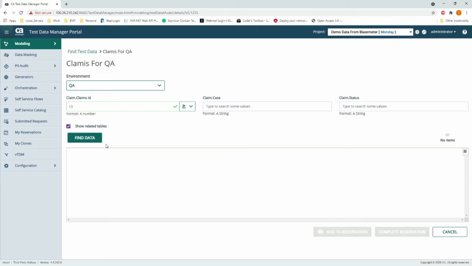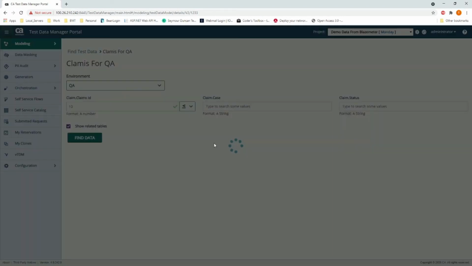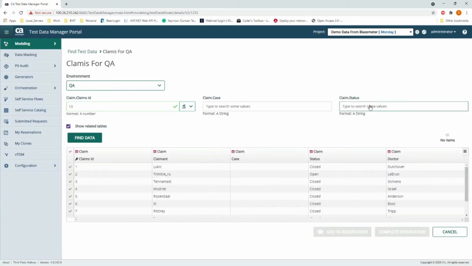And notice this says show related tables. So if I had the links of the tables, it would show that data as well. In this case, I don't have anything. Oh, I'm sorry, I said greater than 10. Well, that's okay, but you get how it works. And I can say less. Now, let's say I wanted to find a status of